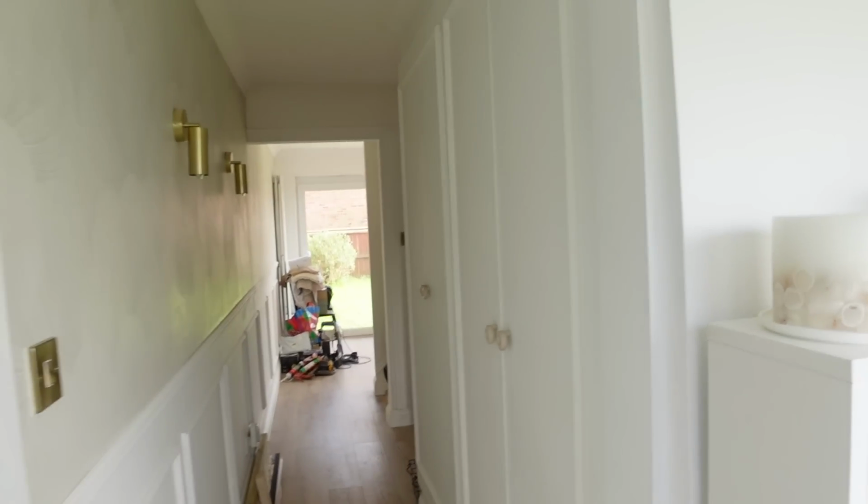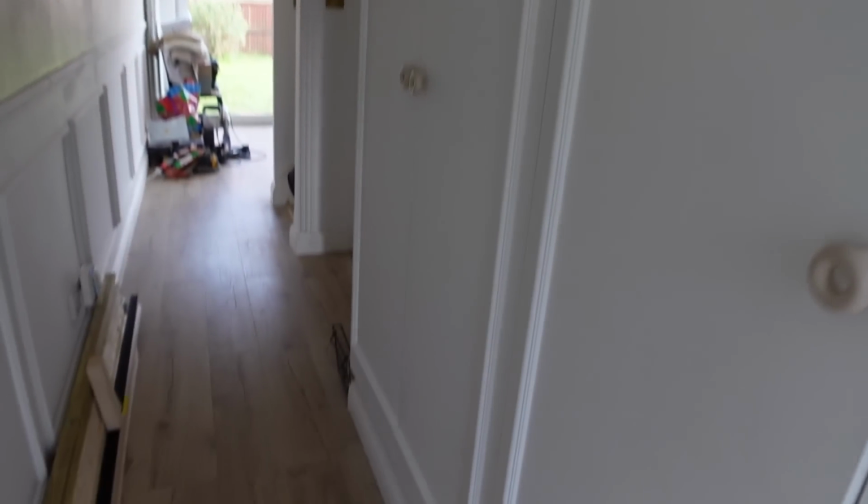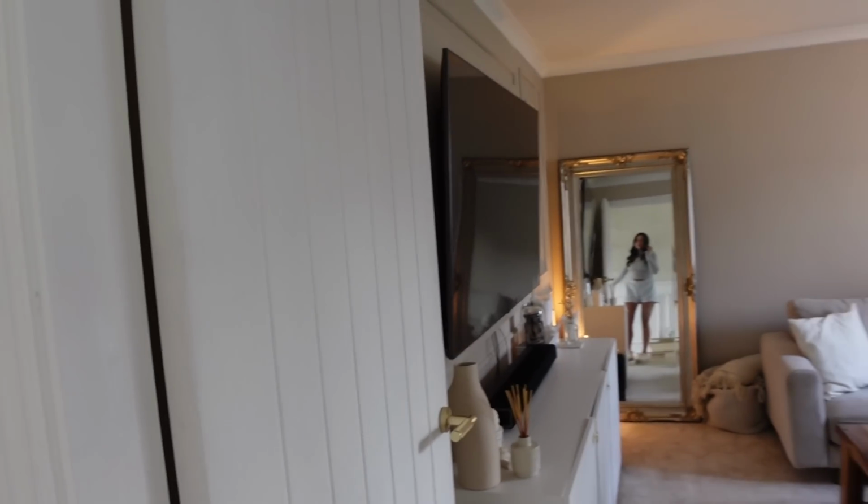And then you guys have seen this area so many times before. We have the built-in wardrobes here with all the coat storage and stuff, which is super handy. These are just from IKEA, and then Brad built them in to the wall. And then as you come through the hallway, we have the finished